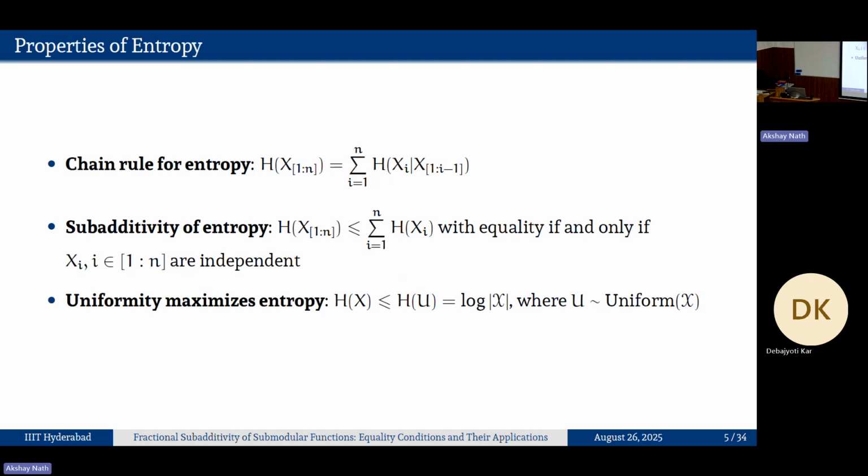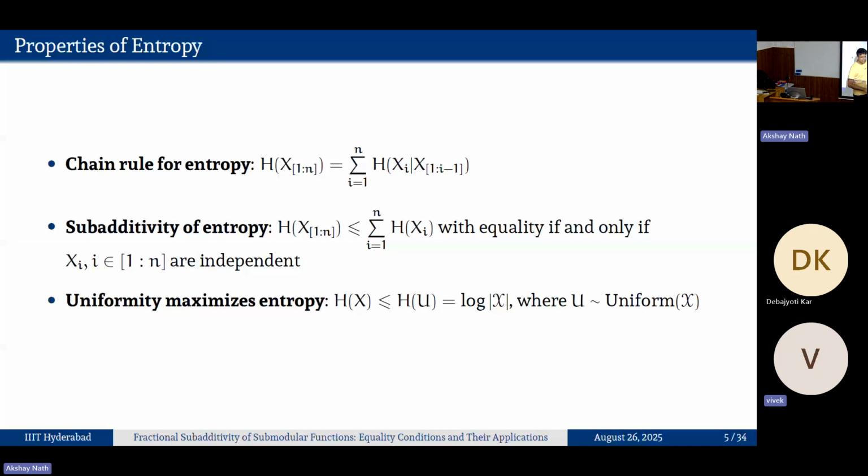So that's the chain rule. And instead of two variables, I can make it into multiple variables, n variables, for example. If I have x1, x2, x3, I'm just going to write it as x1 plus and so on. The way I have written it is a nice combinatorial structure: I have x1 and condition on all variables until i minus 1. That expands to h of x1, x2, x3 being h of x1 plus h of x2 given x1 plus h of x3 given x1, x2. These are nice properties that you can verify by writing in terms of the probability terms.